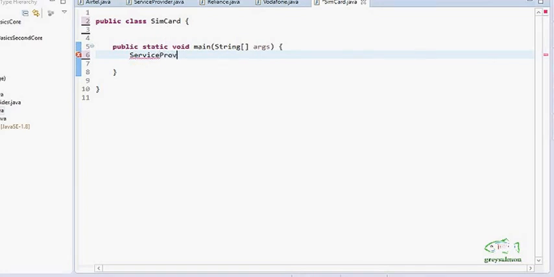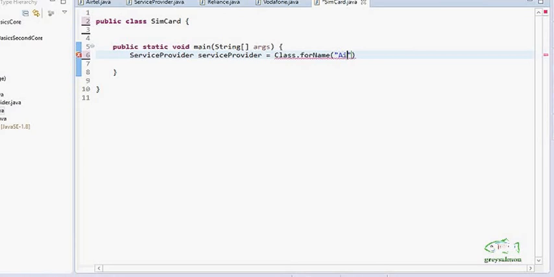Service provider is equal to, now this is the variable of the service provider. Now we will use the reflection classes, that is Class.forName. This is the method which is used to load the classes.